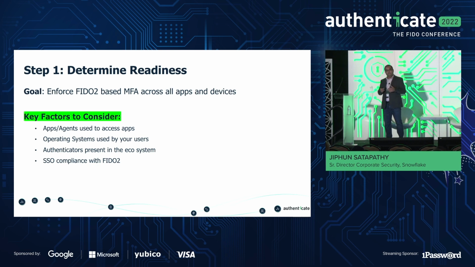As you all know, it's still not widely adopted, and there is a large chunk of applications, which are critical applications, not just nice-to-have applications, that are still not FIDO2 compliant. So how do we ensure that we don't just give this as an option, but enforce it? At the end of the day, we want to enforce it, but we cannot enforce it in a blanket statement that everybody must use FIDO2, because that's the challenge that we have to deal with.